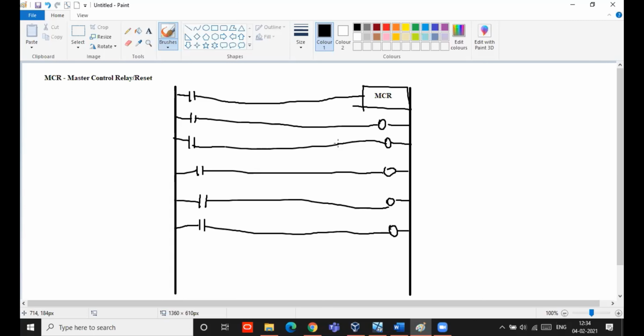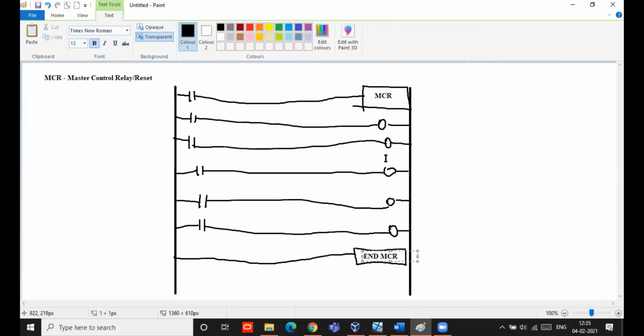Okay, now this is your process. If you want to end the process, just give end MCR here. So unless this MCR is on, your process will not get activated. Only when MCR is on, the process will get activated.